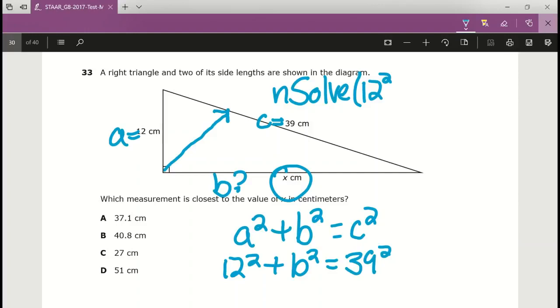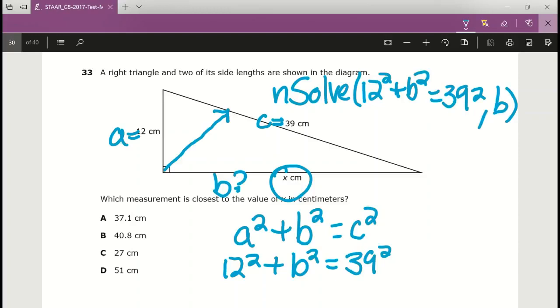12 squared plus b squared equals 39 squared. Kind of go downhill. We plug it into our calculator. We do 12 squared plus b squared equals 39 squared. Oh, forgot. We gotta put comma b. Even I forget sometimes. We gotta put comma b because we're solving for b. Comma b, and we get,